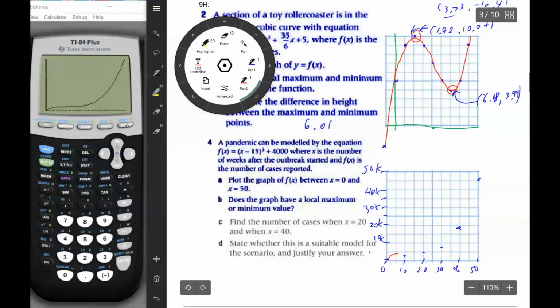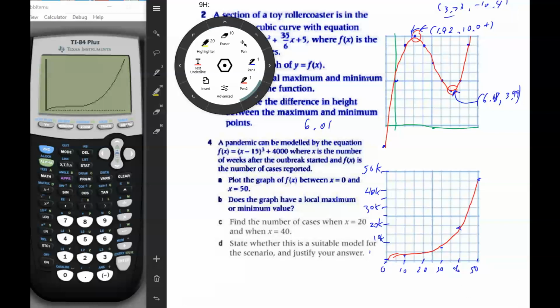Let's try that again. Okay, how's that? All right, so that's the graph, and then it says, does the graph have a local maximum